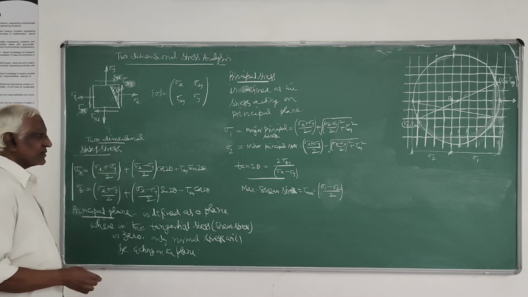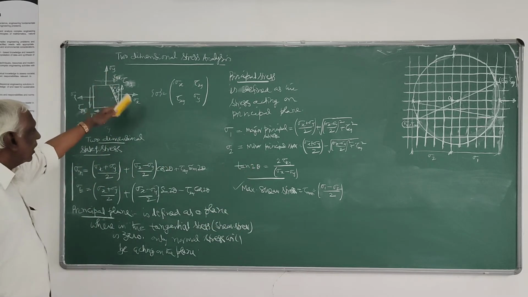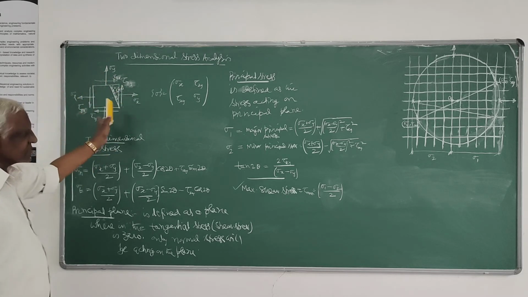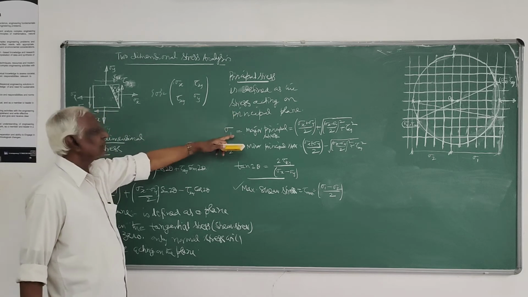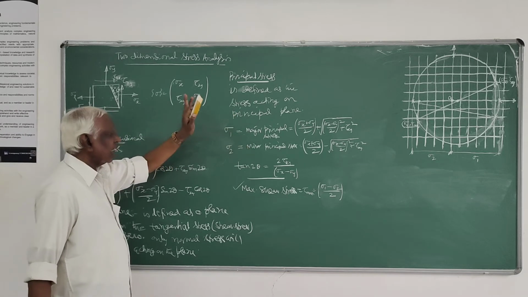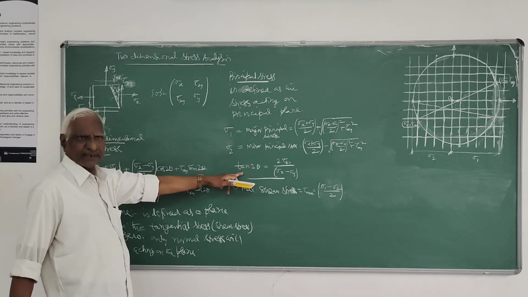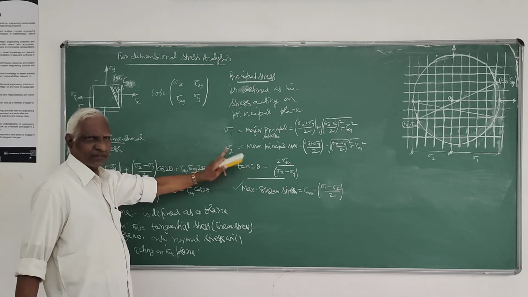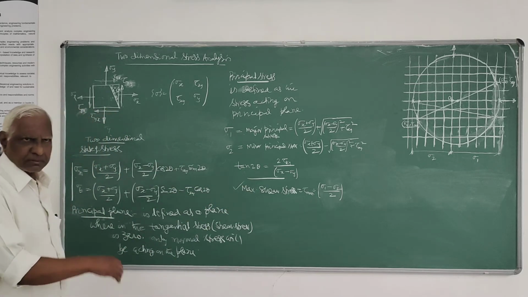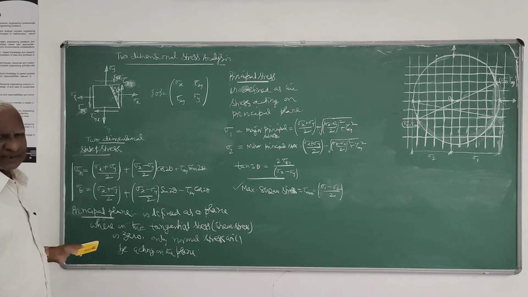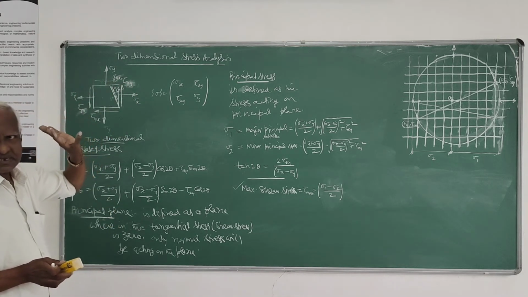So in the two-dimensional stress analysis, we have to find maximum shear stress developed on account of the state of stress, and maximum normal stress, that is this major principal stress, and also the plane on which this maximum stress will be acting, that is principal plane in other words, also the plane on which maximum shear stress will be acting. These are the things which you have to do in two-dimensional stress analysis.